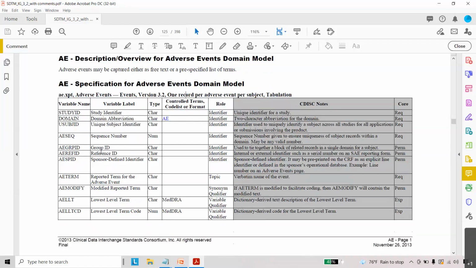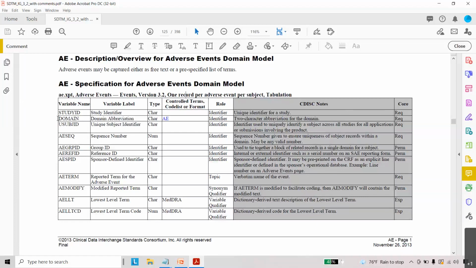Please understand the structure of the domain and the specifications. As per the SDTM IG, as we discussed for the demographics domain, this section is divided into 7 columns: variable name, variable label, type, controlled terms or code list formats, role, CDISC notes, and core.